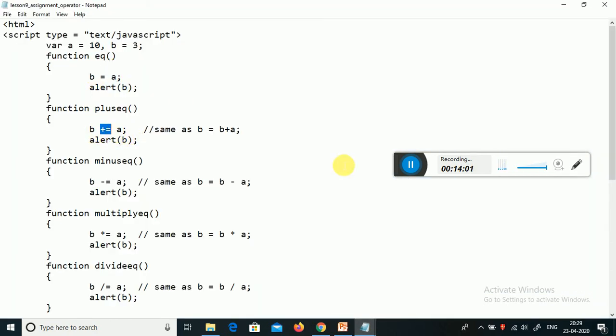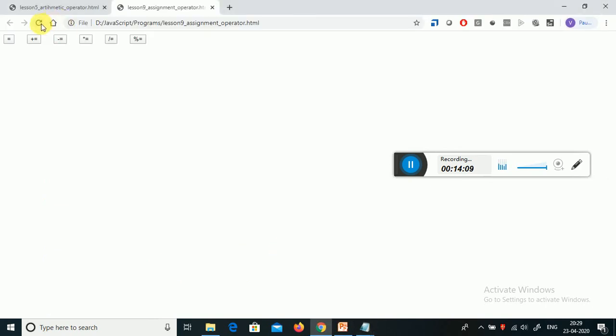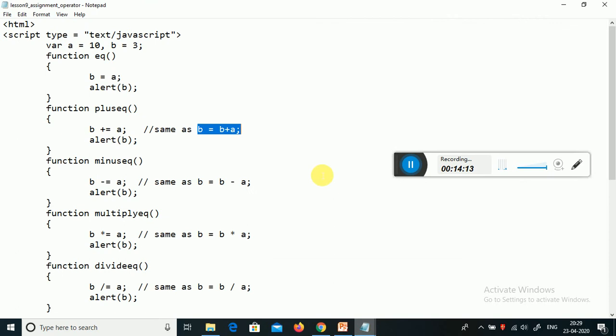Okay. What is the next one? Next operator is, you can see here, minus equal to. What is a minus equal to? Minus equal to means b equals b minus 10. So now let us go to the code. You can see that minus equal. The value of b is, for example, 5 now.